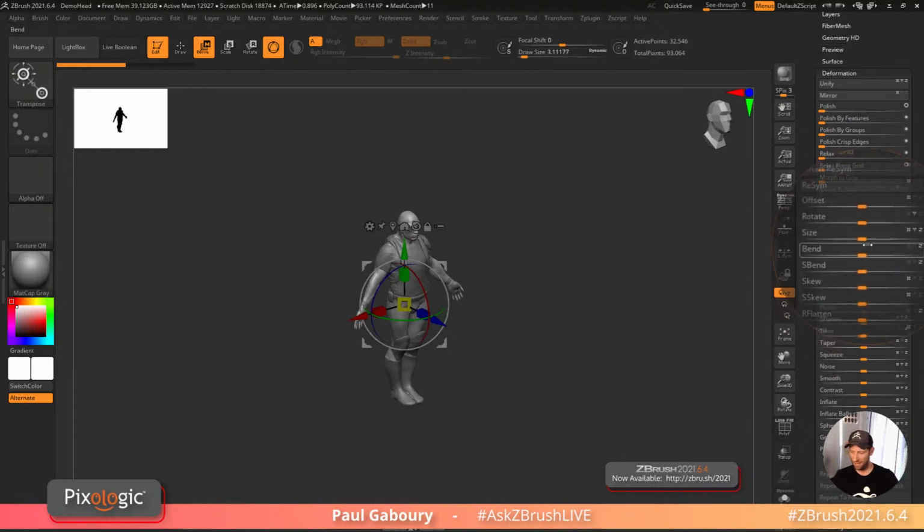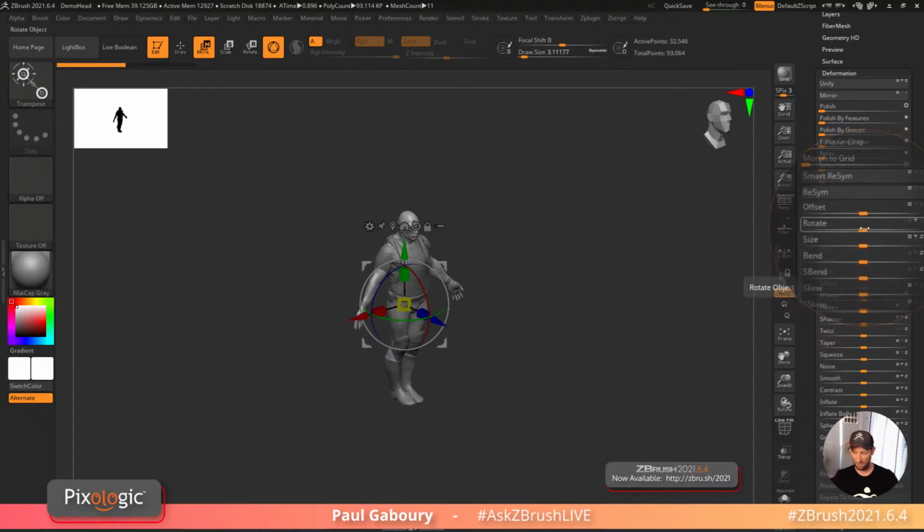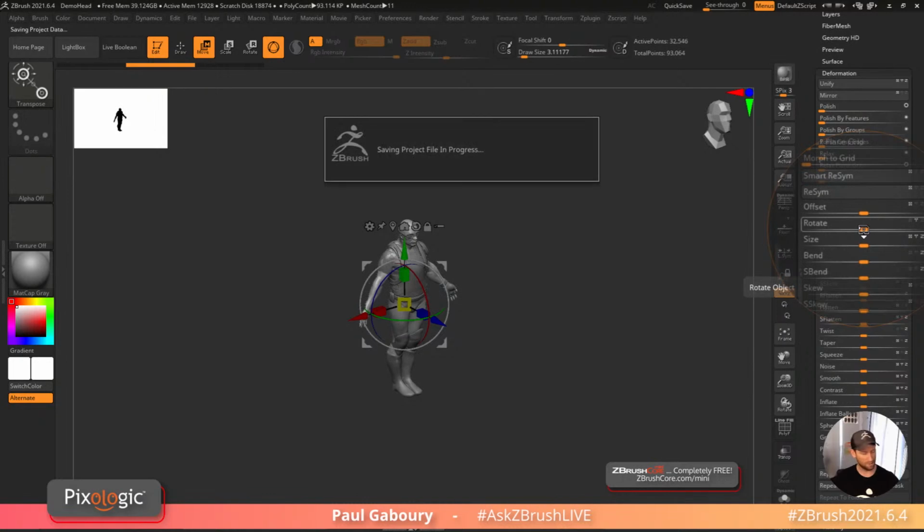So now I can say, and I'm showing this because there's something cool. I'm going to say this, and I'm saying 90 degrees. Okay, and see he rotated one direction. If I do a negative 90 degrees,